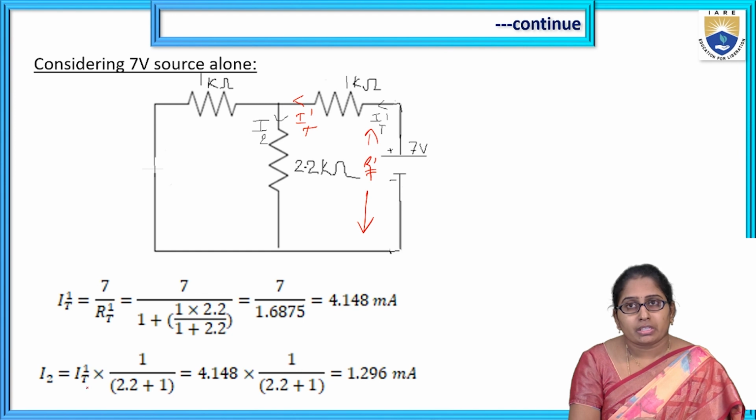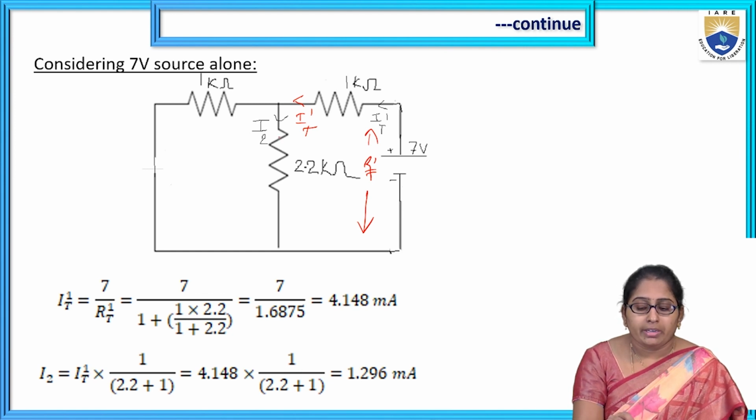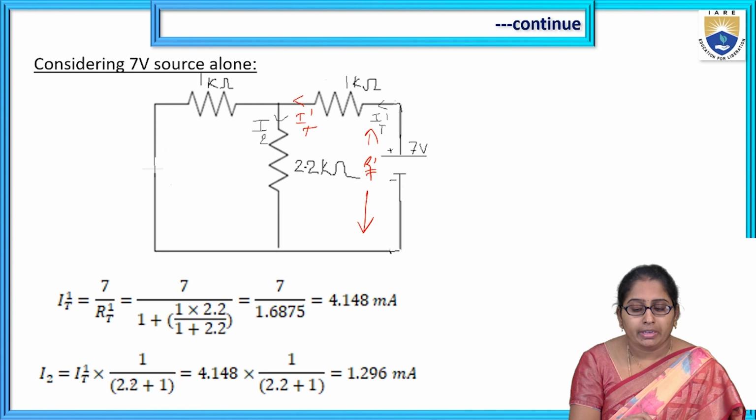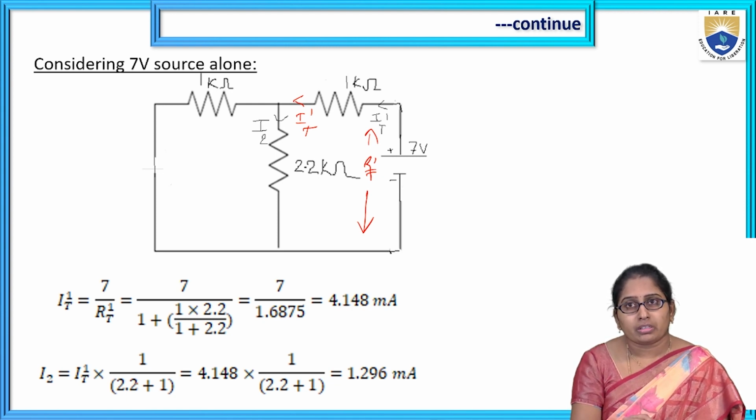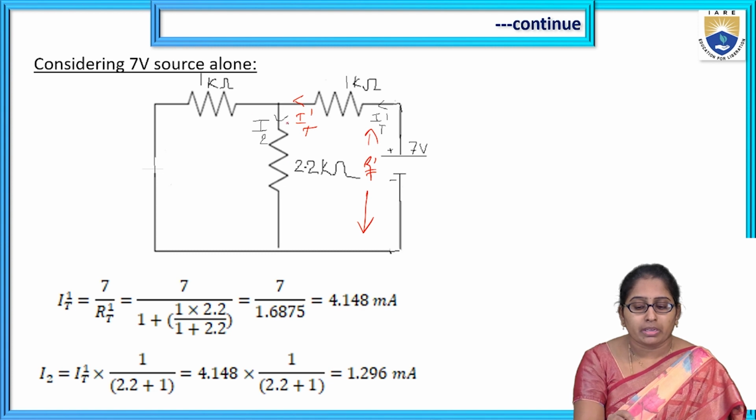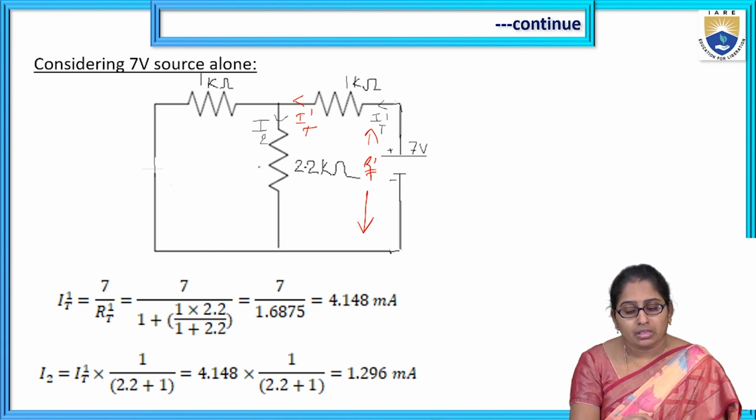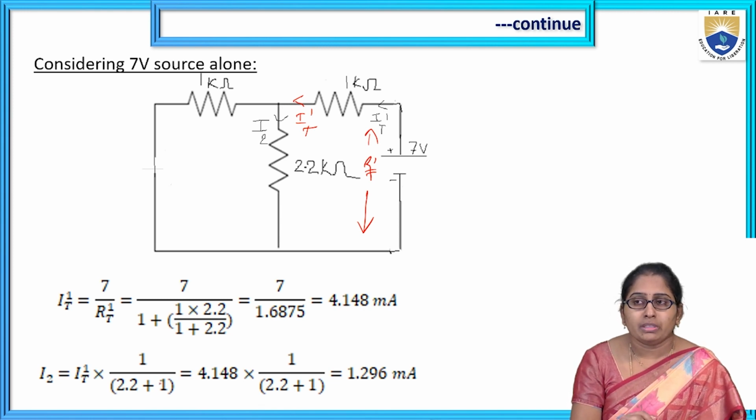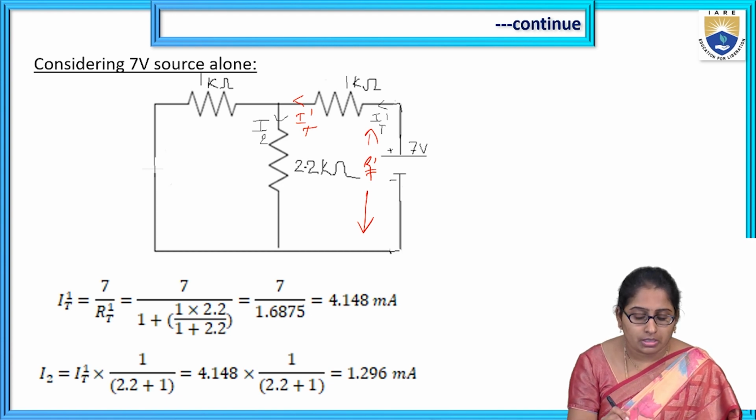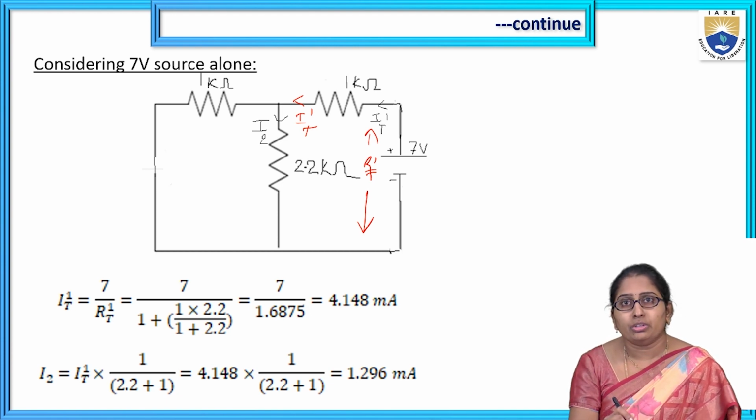Okay, so that is given by I2 is equal to the total current IT dash into the opposite resistance, meaning here 1K. We have the two elements, 1K and 2.2K, and I want the current in 2.2K. So that's why the opposite element means 1, divided by 2.2 plus 1, the sum of the two resistances. So this gives the current I2 value as